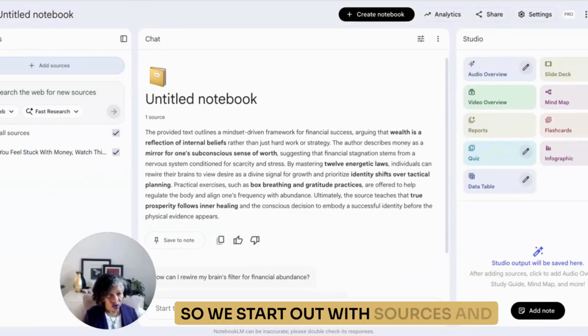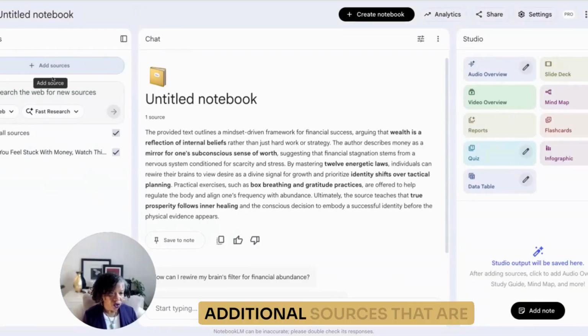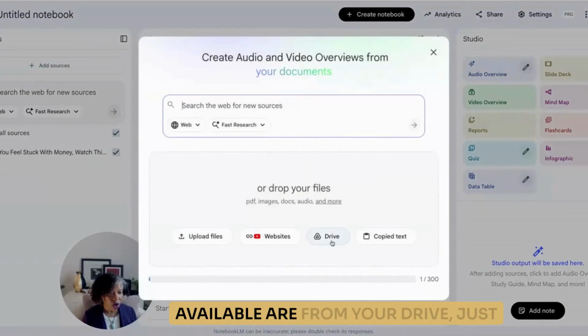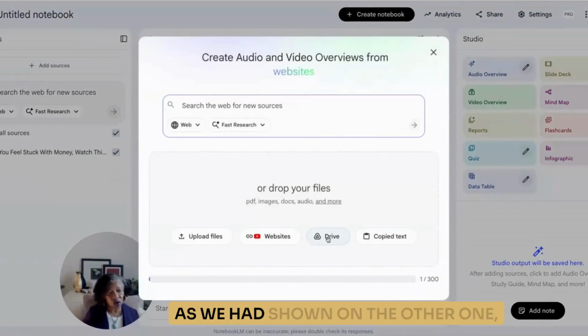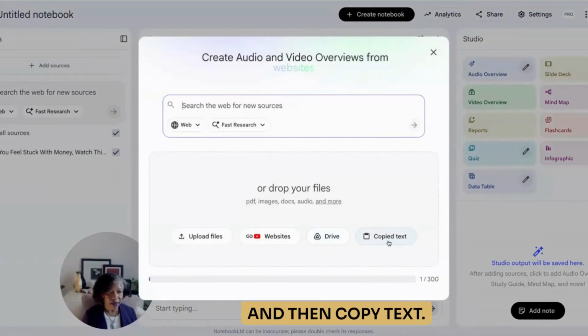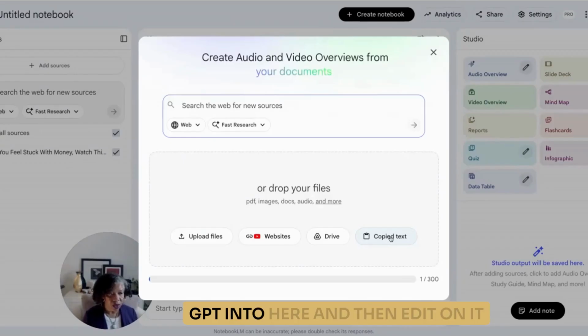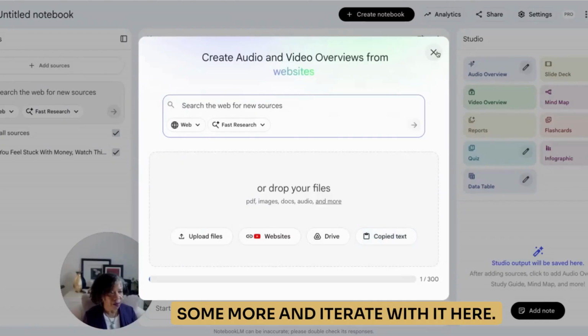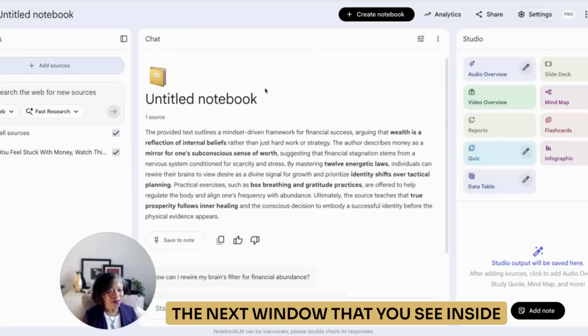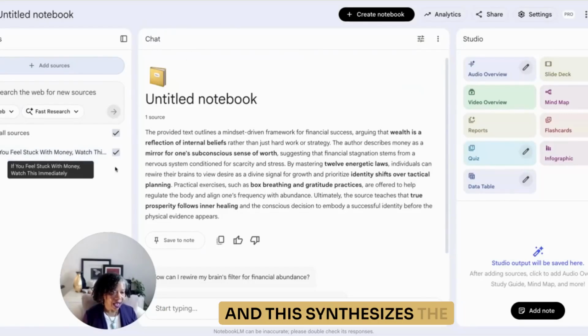So we start out with sources and chats. Additional sources that are available are from your drive, just as we had shown on the other one, and then copy text. Often I will copy text out of ChatGPT into here and then edit on it some more and iterate with it here. The next window that you see inside of NotebookLM is the chat window, and this synthesizes